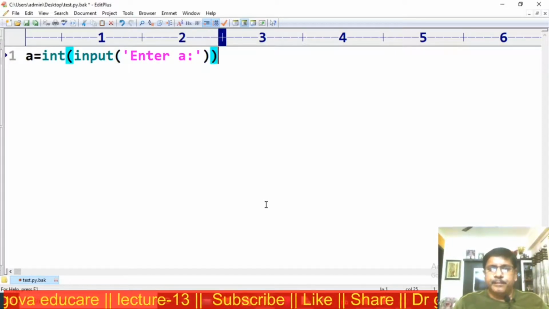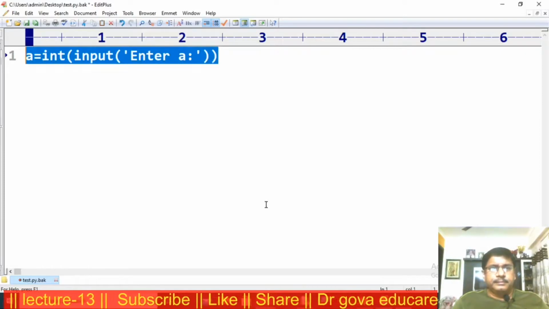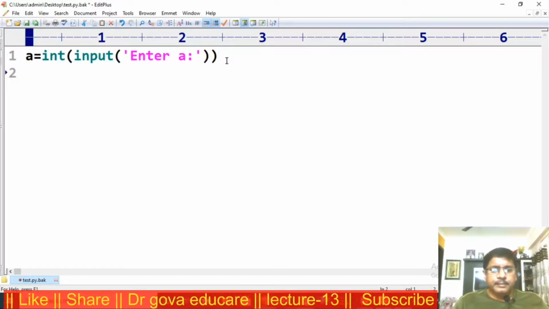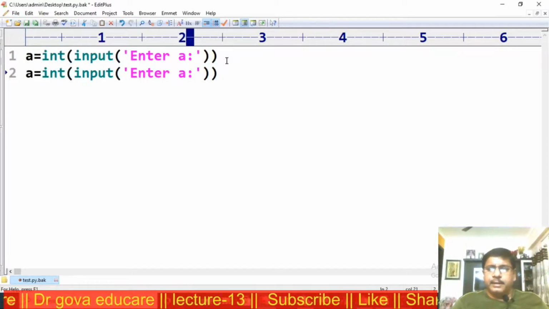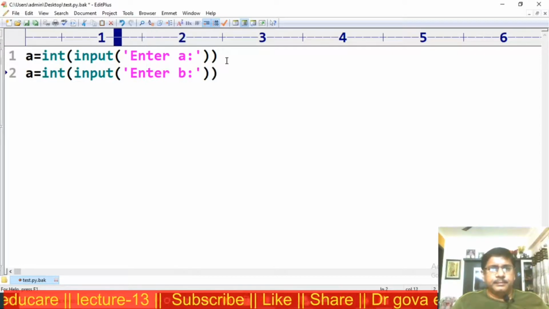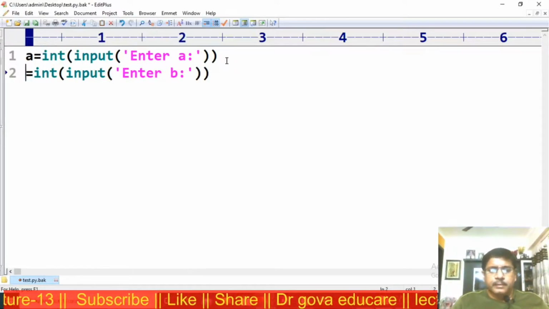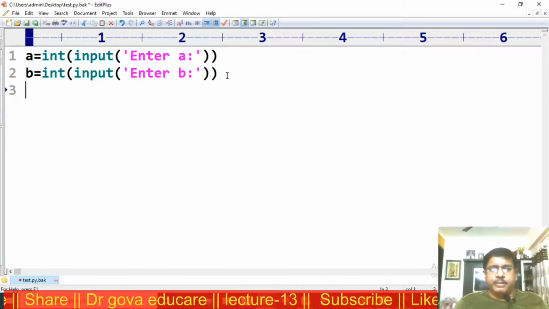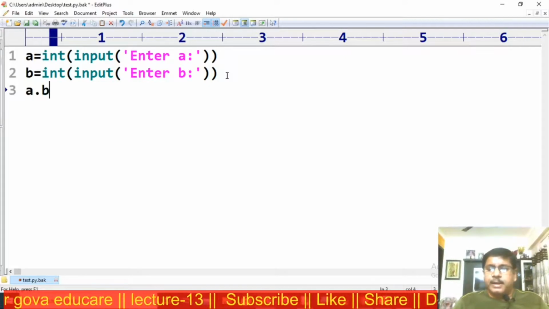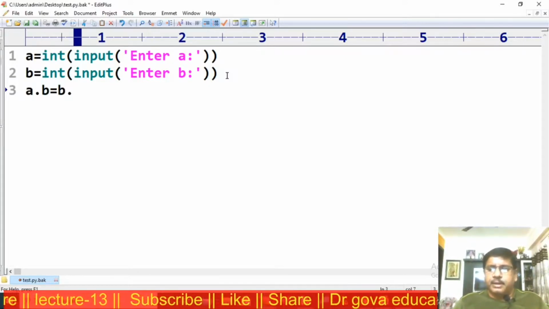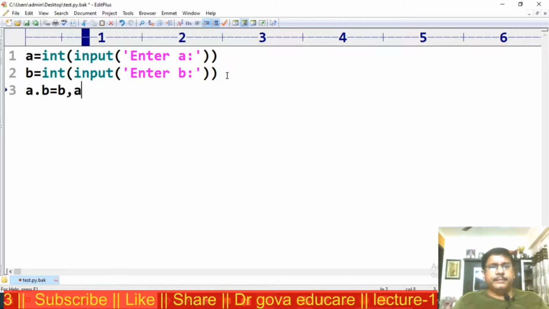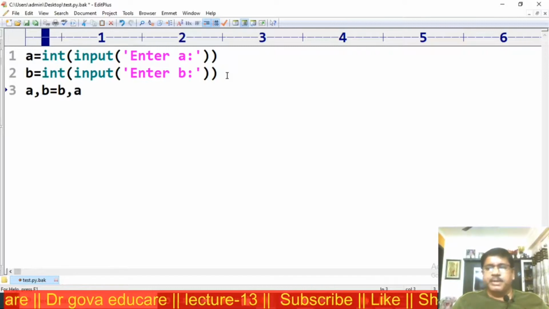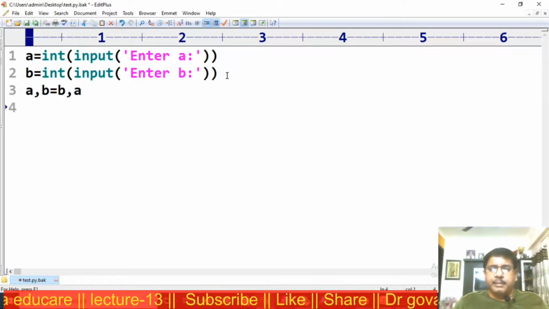A. I am copying here, Control C, enter B. Now in the first method, A comma B is equal to B comma A, and print the value.